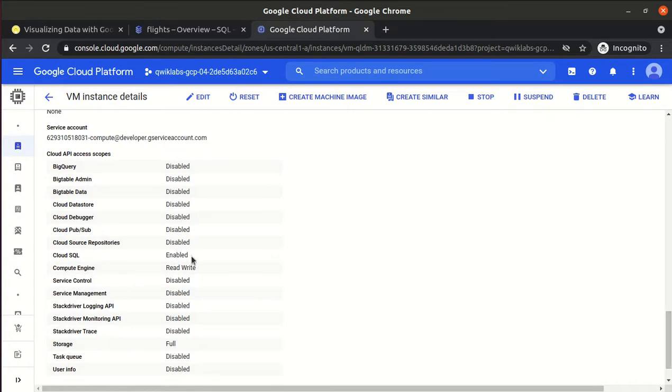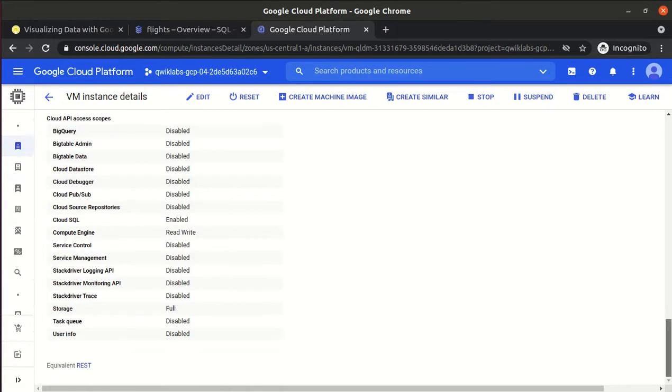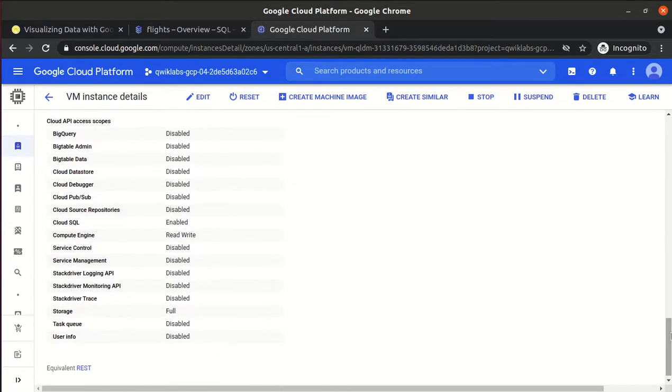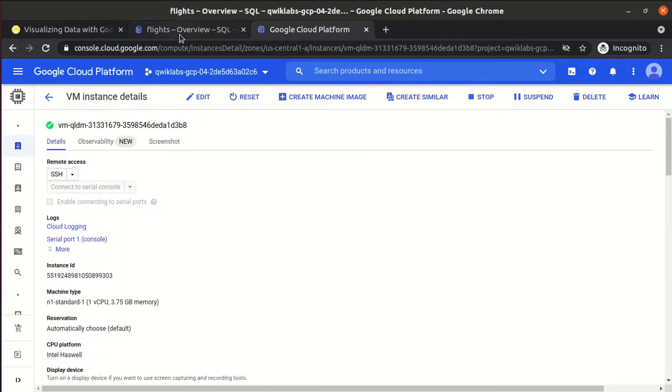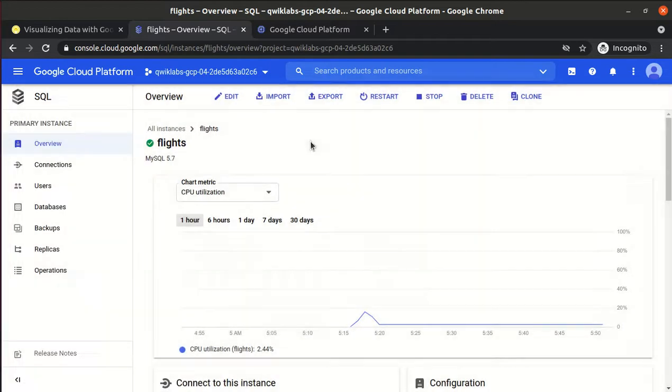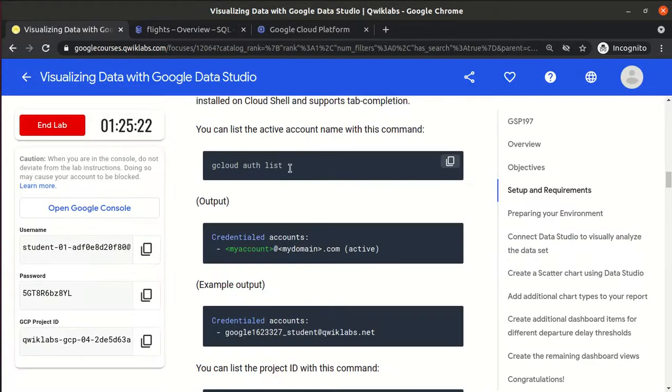They have already enabled the Cloud SQL API. Okay, so that's it. The source is ready with us, right? Now we need to prepare some reports in Google Data Studio, but before that let's explore the